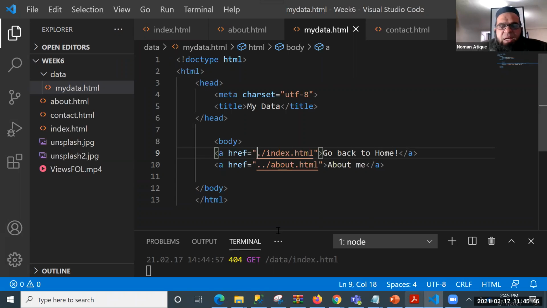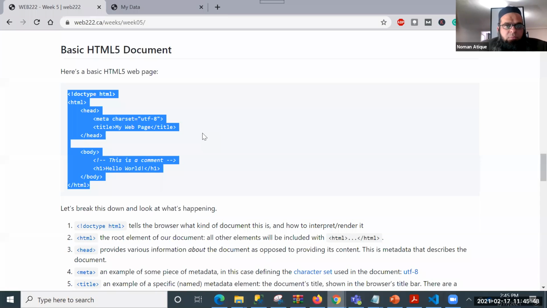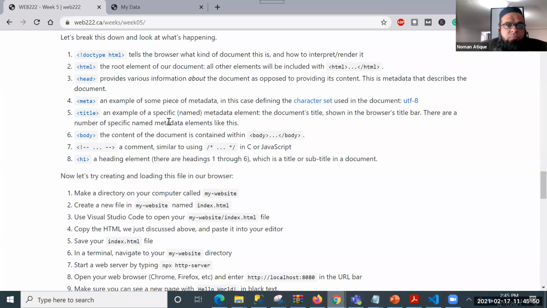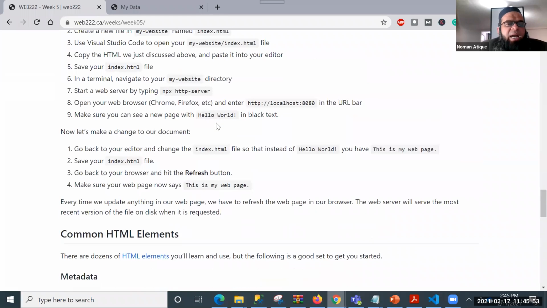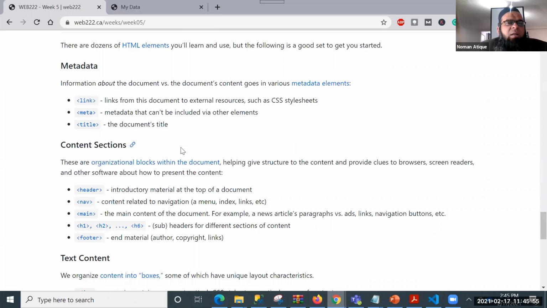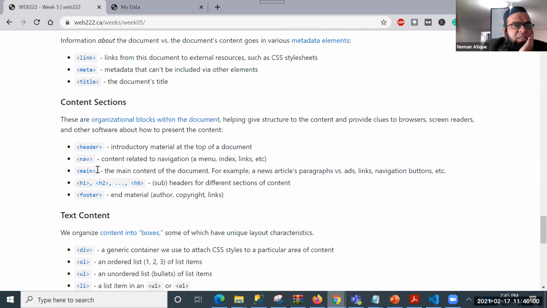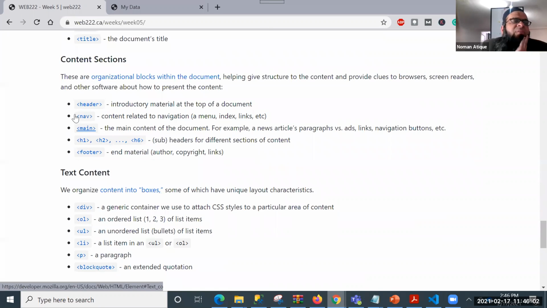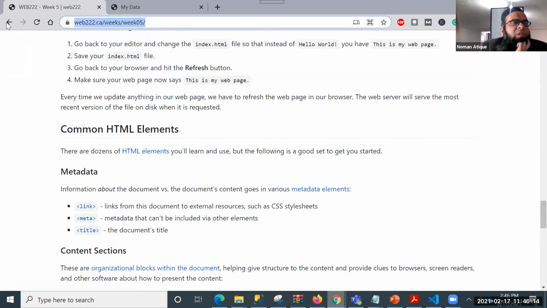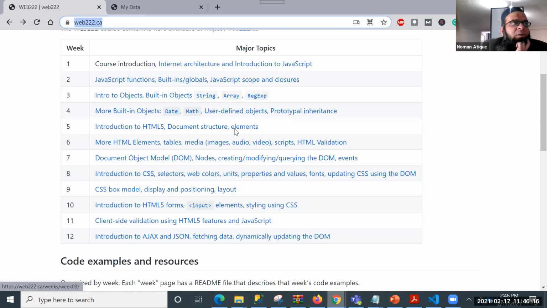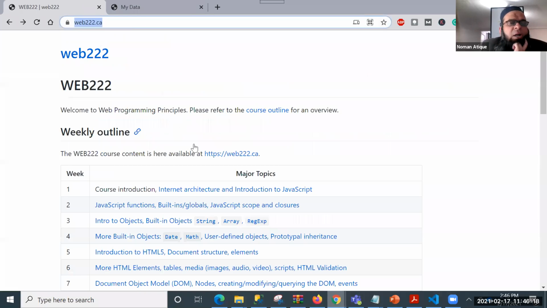Now I want to discuss something about the slides. So you can always just read about these notes, and these are the notes of last class. Last class means last week 5, and today I will start from week 4. So this was something that we were discussing towards the end. Is it web 322? No, it's web 222. Who says it's web 322? Let me just go back and show you there. Oh, no. It's not.